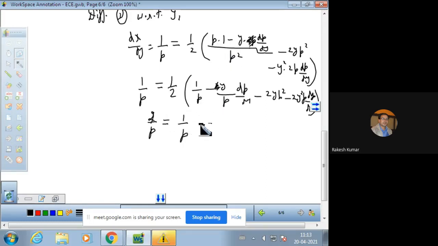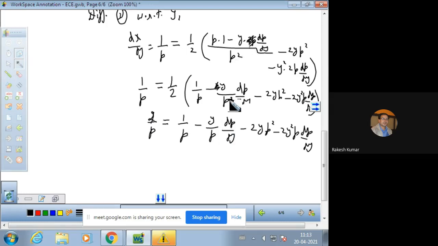So this is 1 over p minus y over p dp over dy, and that will be minus 2y p square minus 2y square p dp over dy. P can be taken as LCM, so ultimately you will have 2 minus 1,